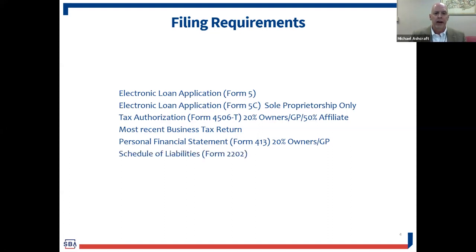Schedule of liabilities, if you look at the forms themselves, is just a grid basically that lists the fiscal year you're in by month. If you have 3 years or more of history, you can provide that. It's a single page, 8.5 by 11, where you just put in January, February, March, all down through, say, 2017. Then there's another column. You do that same month by month for 2018, same month by month for 2019. However, there are some folks who don't have 3 years, or maybe they only have 6 months. Whatever you have